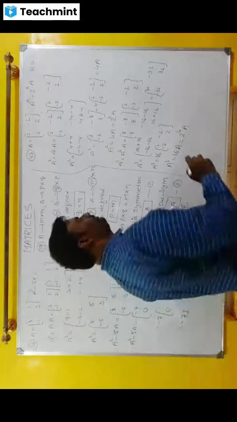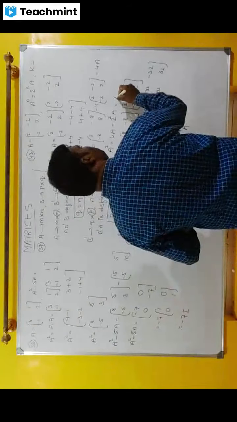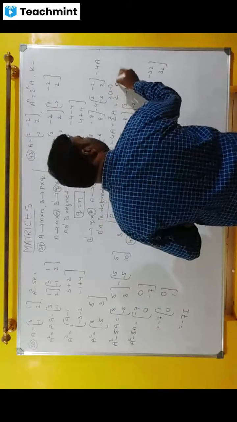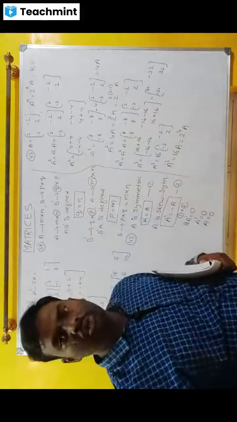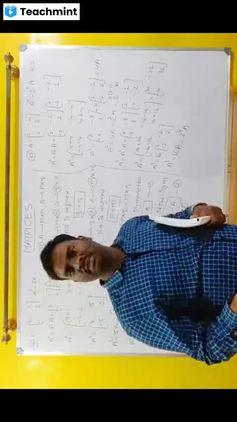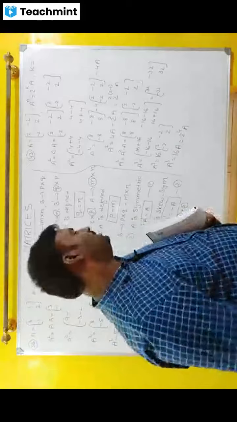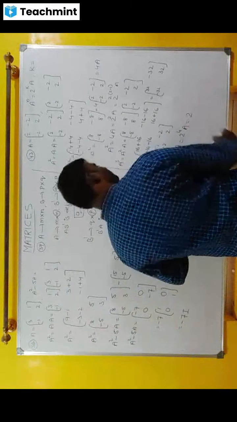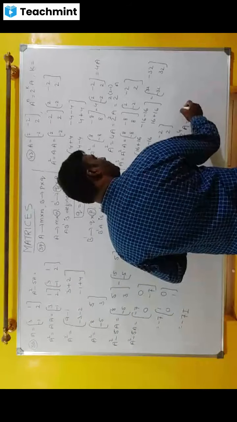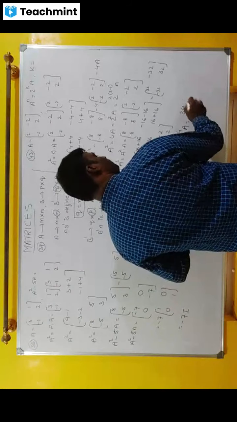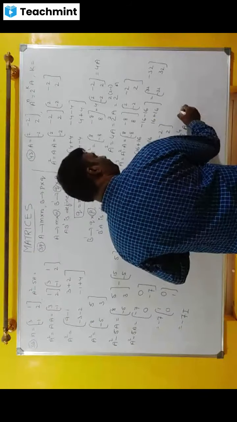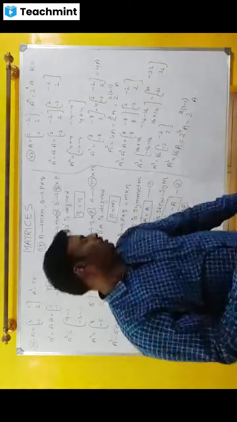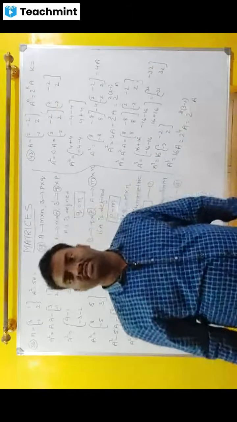2 square into A can be written as 2 power 2 into 2 minus 1, A. 2 into 2 minus 1 is nothing but 2 only. Similarly, 2 power 4 I can write as 2 power 2 into 3 minus 1. Is it correct? Check it: 2 into 3 minus 1 means 2 into 2, that is 4.